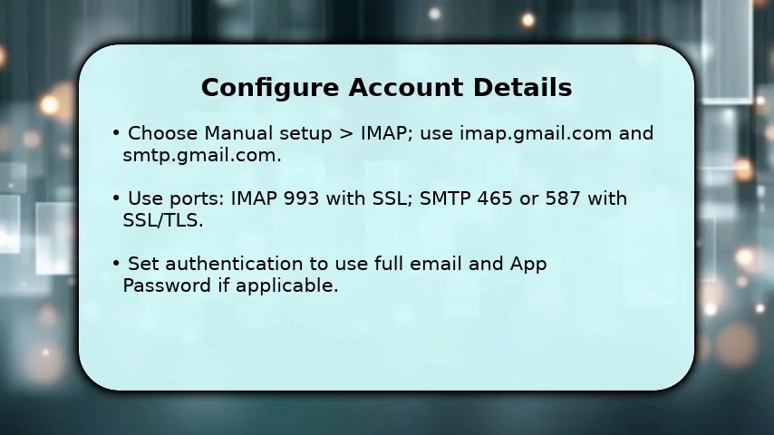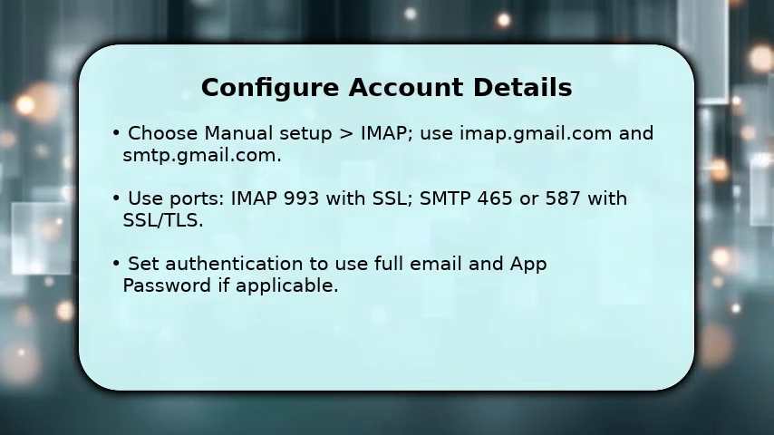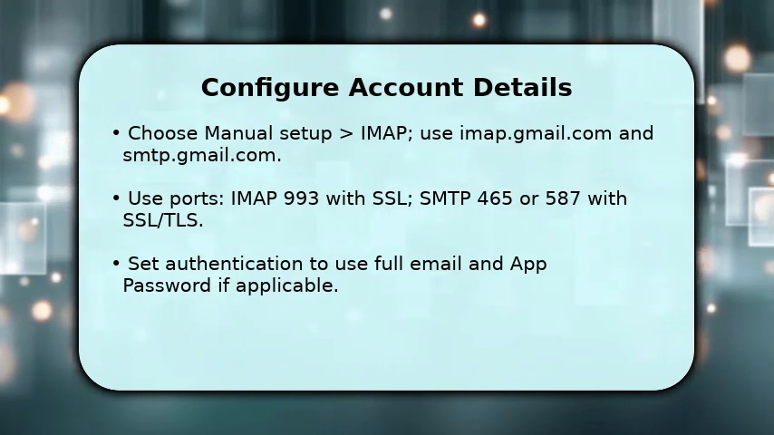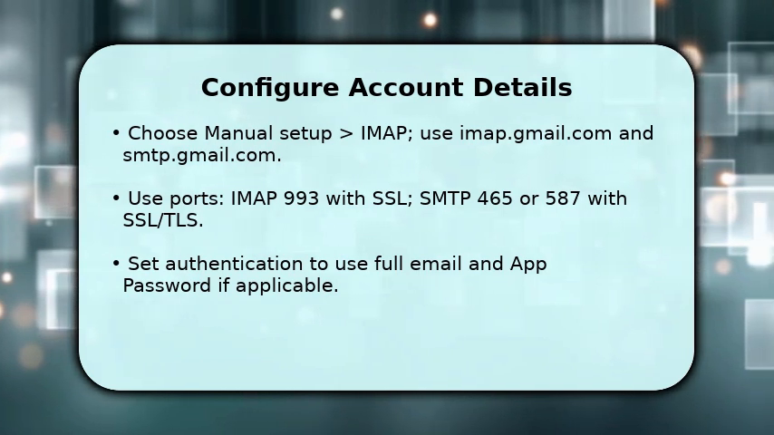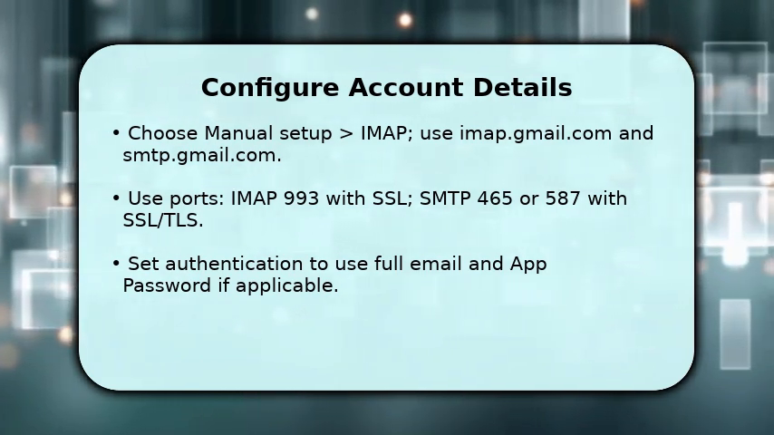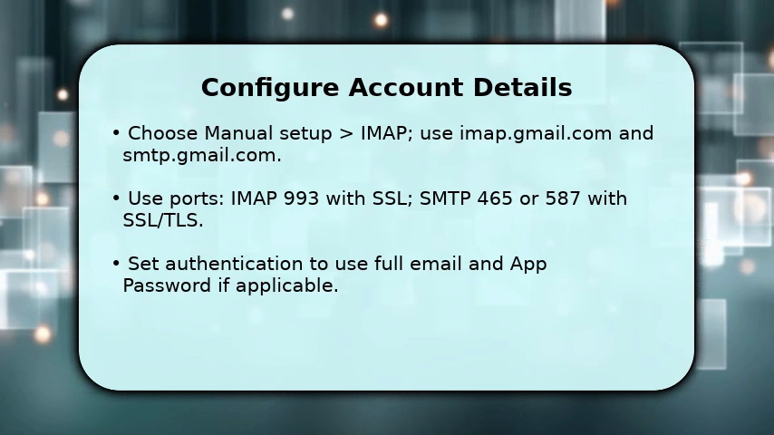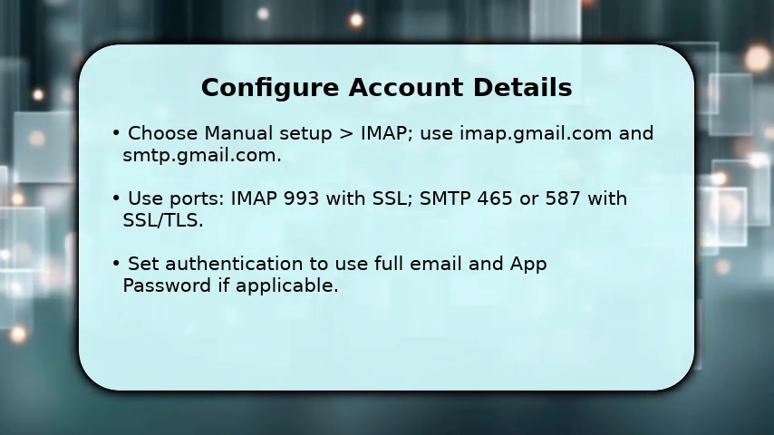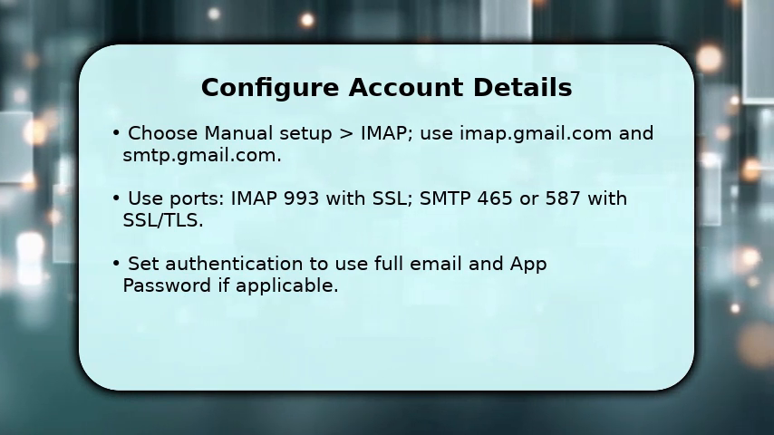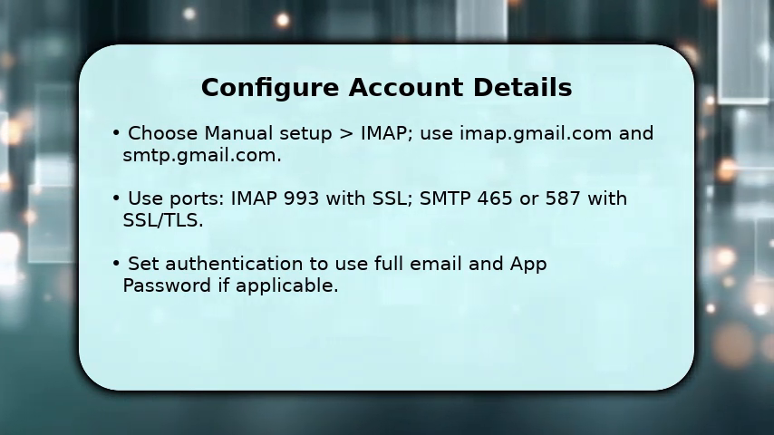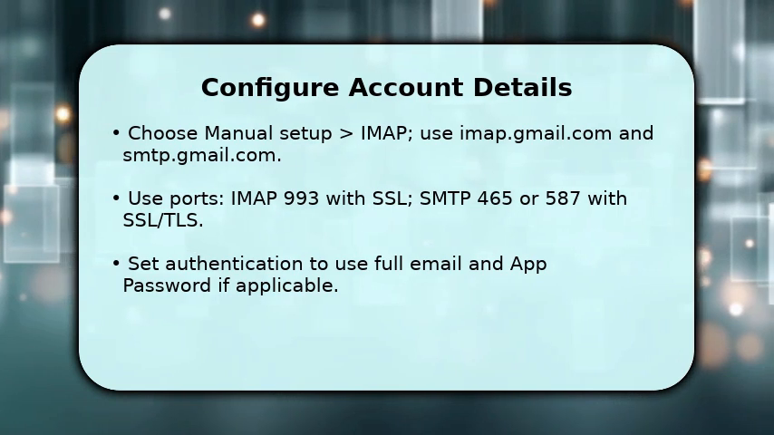Now you configure the account in Outlook with exact server settings to avoid sync failures. Select Manual Setup and pick IMAP. Enter imap.gmail.com for incoming and SMTP. smtp.gmail.com for outgoing. Use port 993 with SSL for IMAP and 465 or 587 with SSL/TLS for SMTP